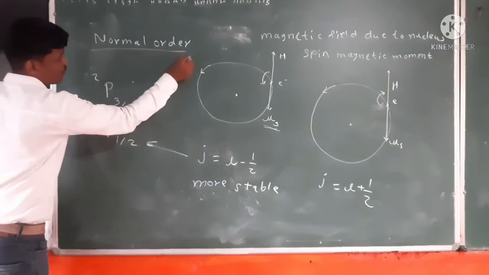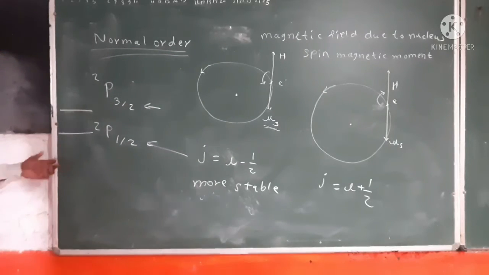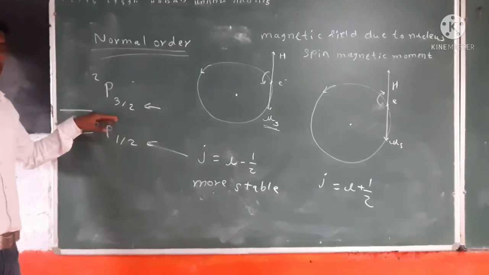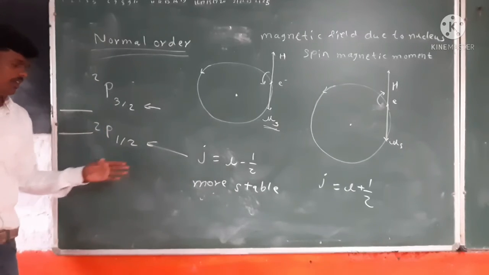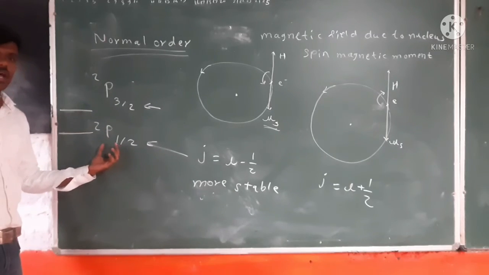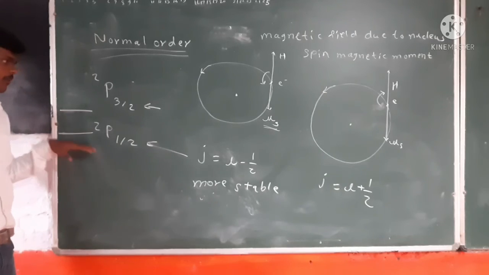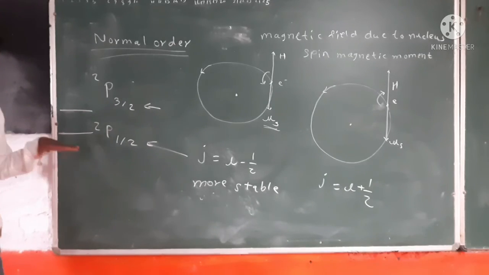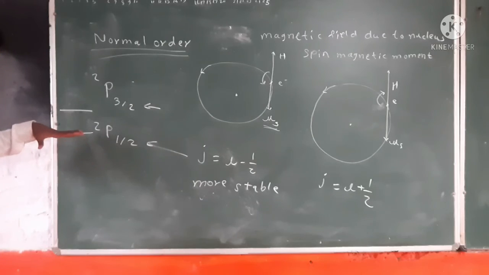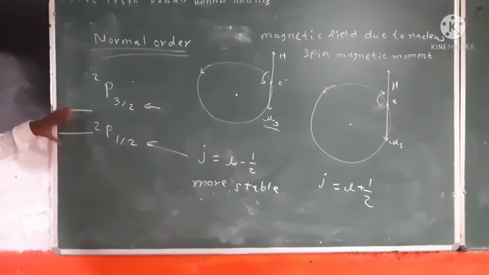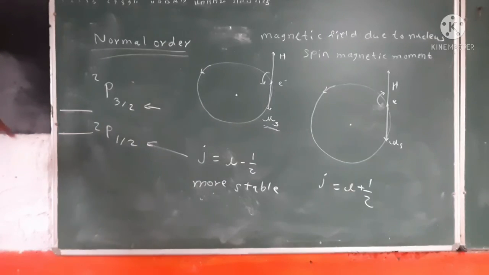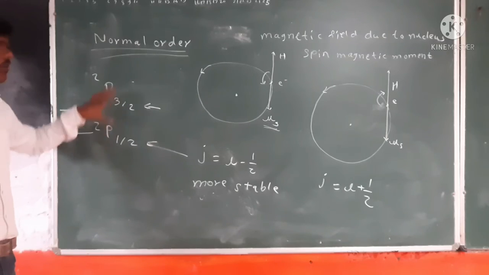This is the normal order of doublet fine structures. The value with J equal to L plus half lies above, and the value with J equal to L minus half lies lower on the energy level diagram of doublets. Somewhere we may see it is altered, but those are exceptional cases. This is the general rule for the normal order of